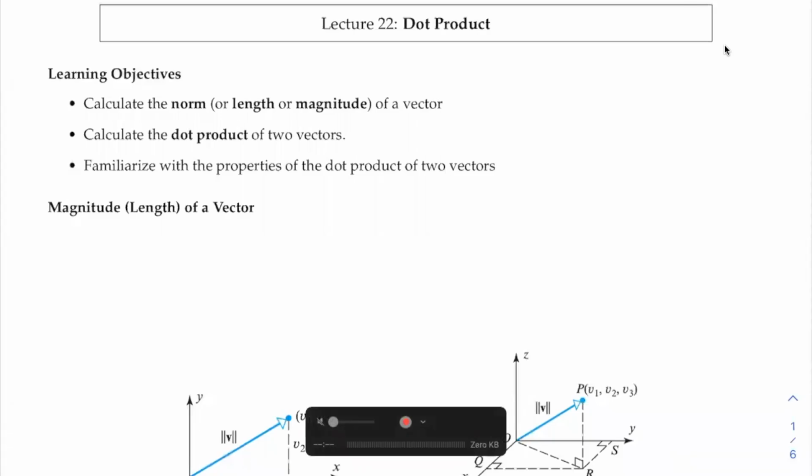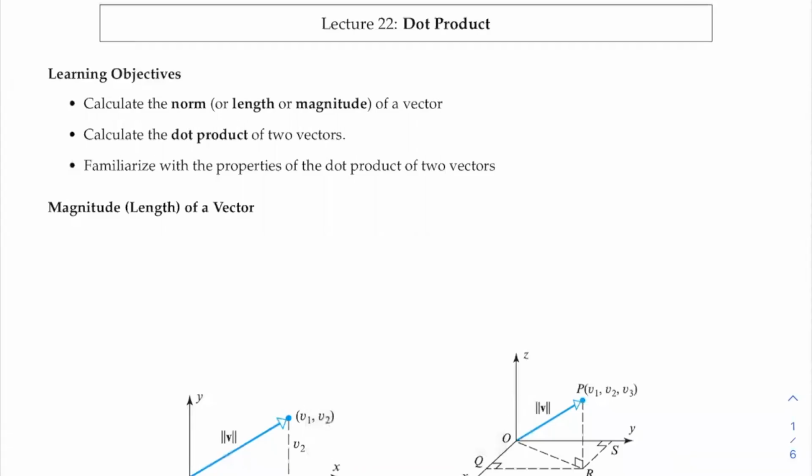Hello everyone, this is lecture 22, the dot product of two vectors in Rn. So in this lecture, we're going to look at different properties of a vector. More specifically, we're going to learn how to calculate the length or the magnitude, or in general term, the norm